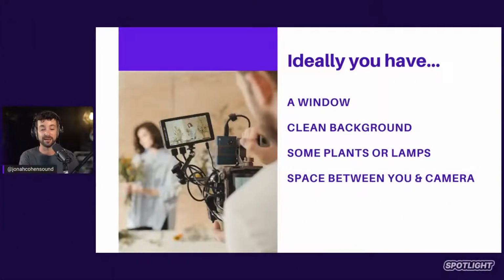And if you're going to reuse this content, it's important to think, if you were going to crop anything vertically for Reels or for TikTok, you want to make sure that it's not so zoomed in that you can't make a good cropped video that's still engaging. So having a little more distance is going to allow you to do all of that.